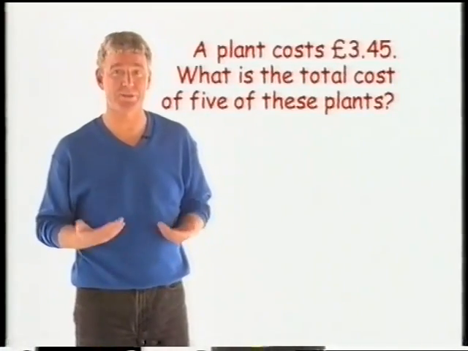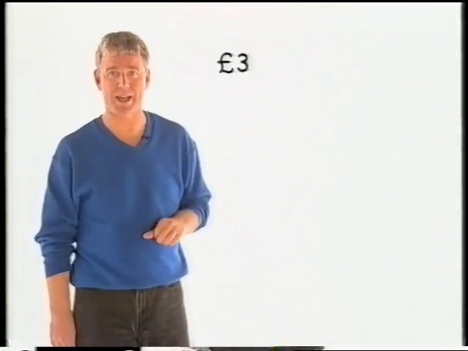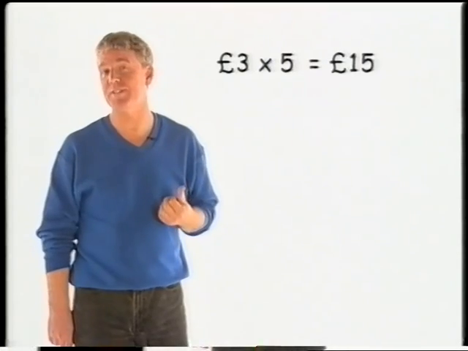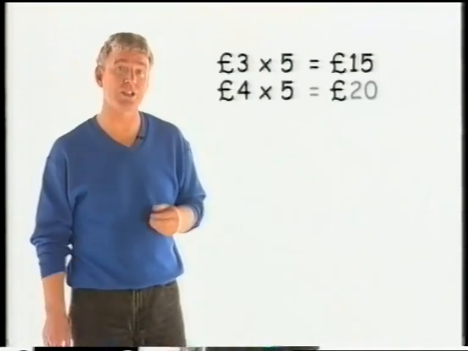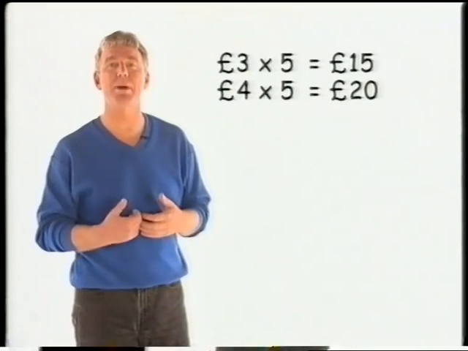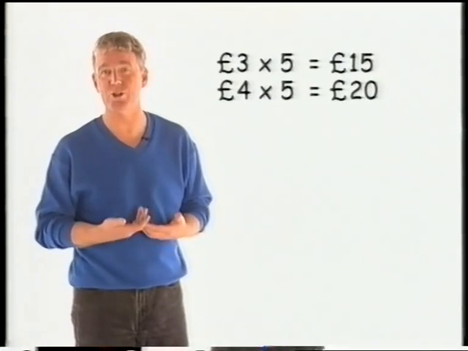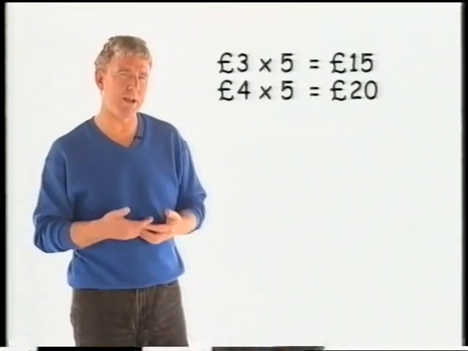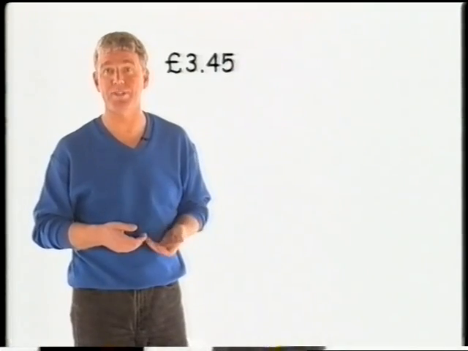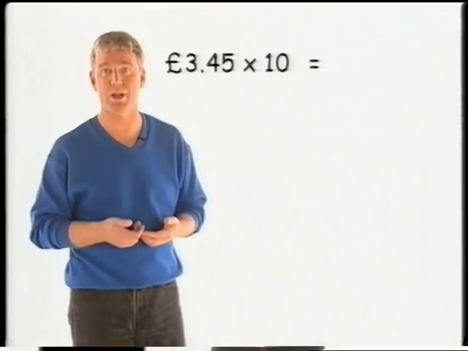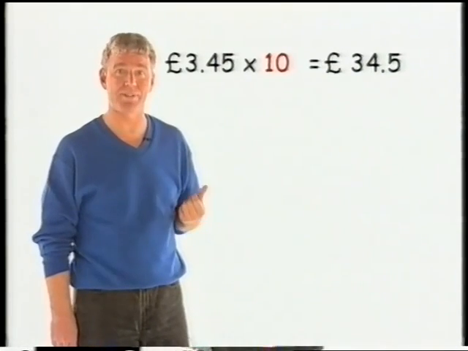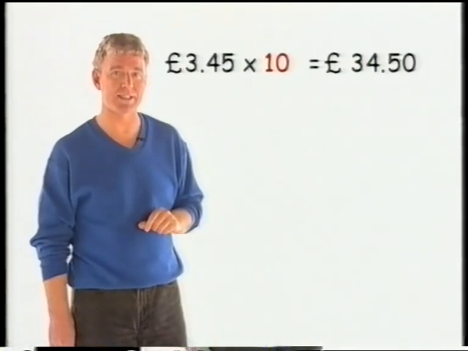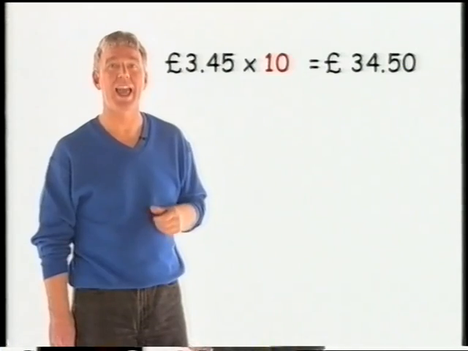Firstly, make an estimate. If the plant costs £3, 5 would cost £15. If they cost £4, then 5 would cost £20. So the answer must be between £15 and £20. If one plant costs £3.45, then 10 plants must cost, well, to multiply by 10, I move the digits one place to the left and a 0 fills the empty place. That's